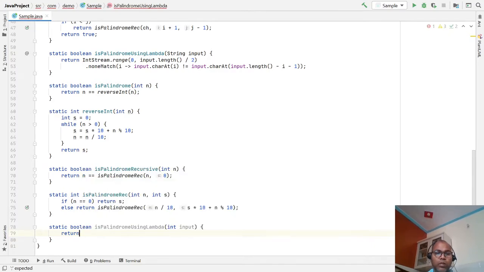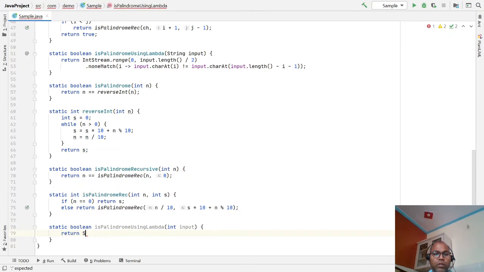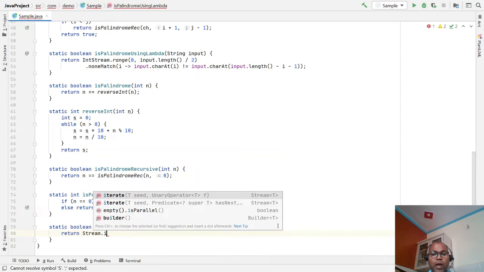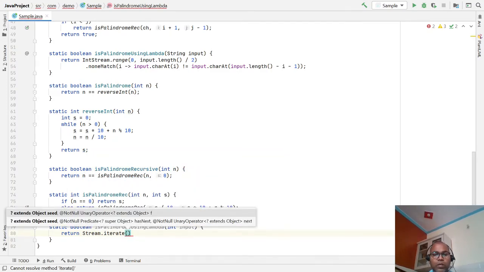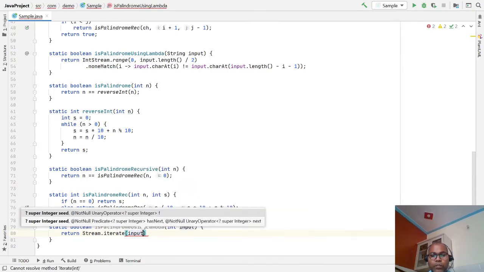Stream dot iterate is the one method which takes three arguments. One is the input number from where to start, and then after that the condition, and then your input number.